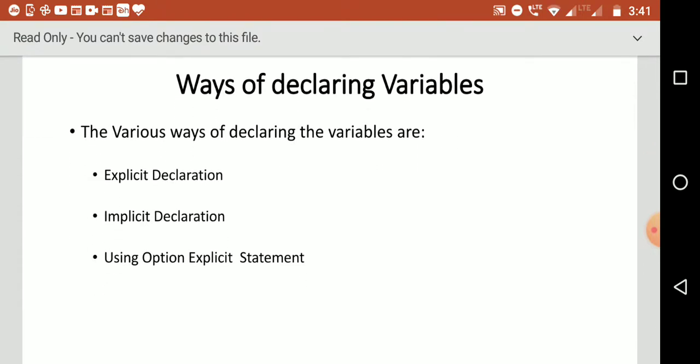And what are the different ways of declaring variables? There are various ways of declaring the variables in VB. One is the explicit declaration, the other one is the implicit declaration using the option explicit statement. So broadly you have two types of declarations, explicit declaration and the implicit declaration.